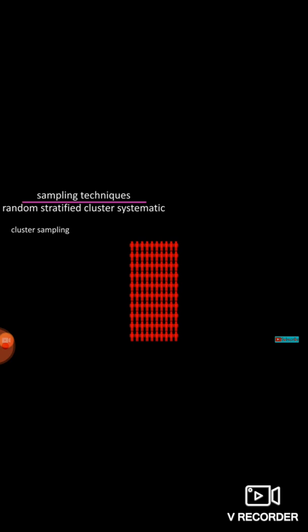Next, after this stratified random sampling, we need to understand that the samples taken from these subgroups have some common characteristics among themselves. Like in the first subgroup only people in their 20s are there, in the second subgroup different items are taken.